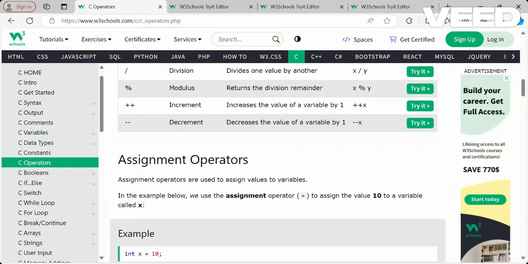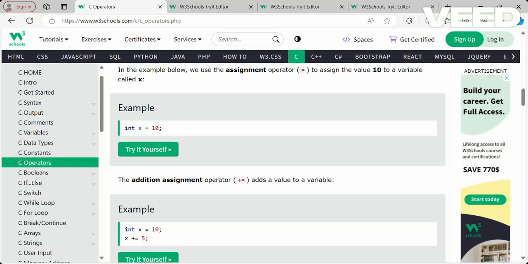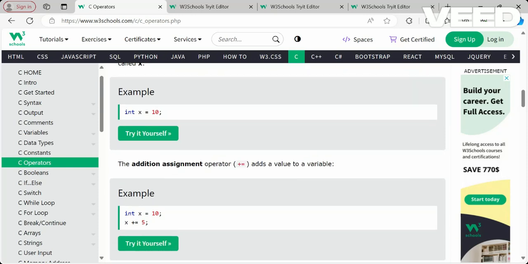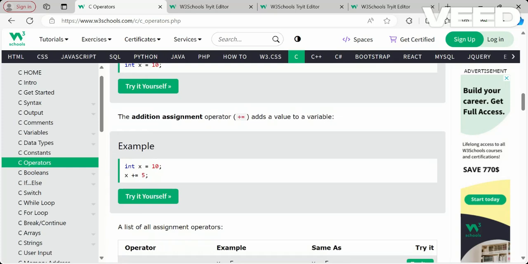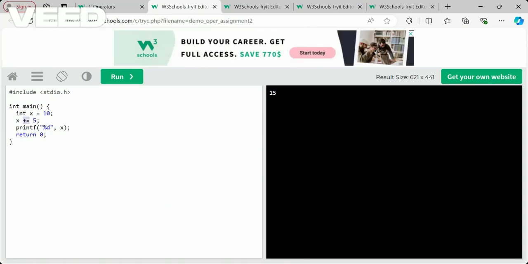And then we'll have assignment operators, that is assigning a value, the equal to sign. If you use that, that is the assignment operator, where int x is equal to 10 will assign x as 10, or char is equal to character a, like that we are assigning those things. We also have additional assignment operators, which we call shorthand assignment operators. Like x is equal to 10 is there, and then x plus equal to 5 is nothing but x is equal to x plus 5. This is a shorthand operator, which we call the additional assignment operator.